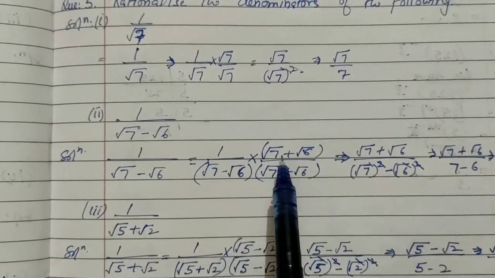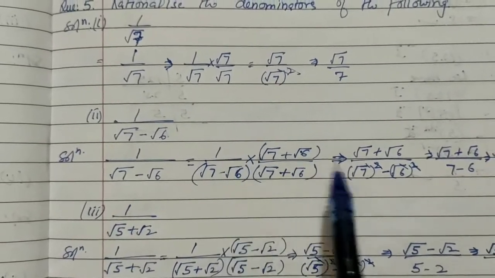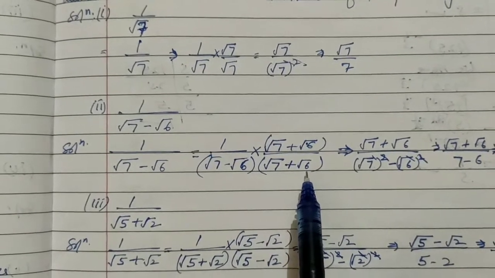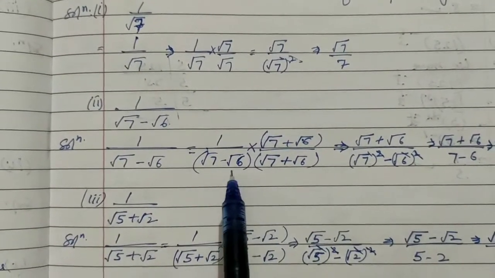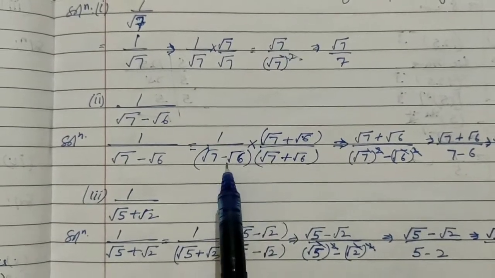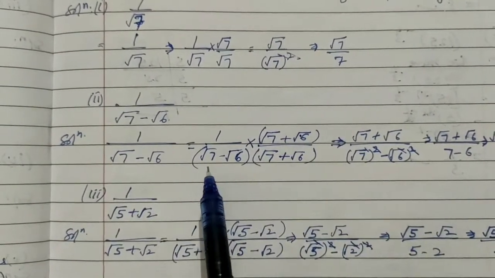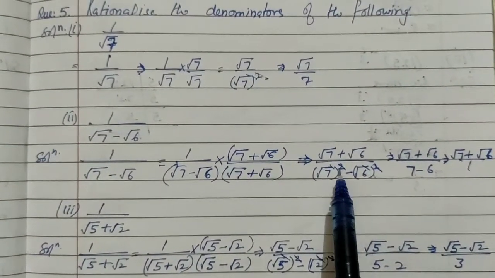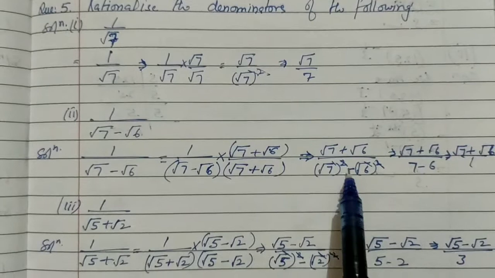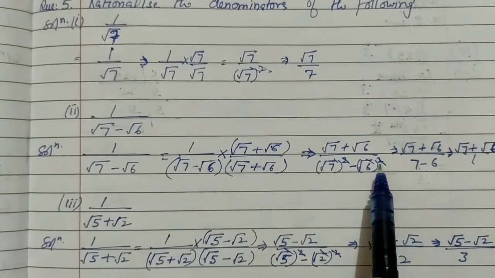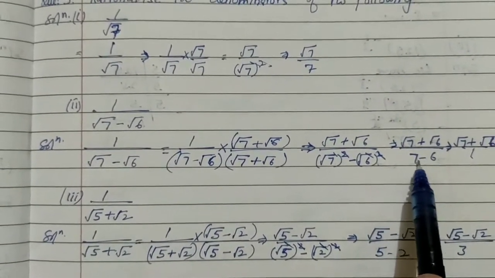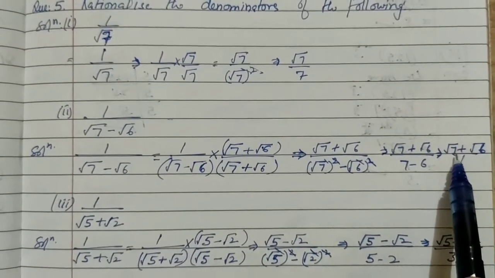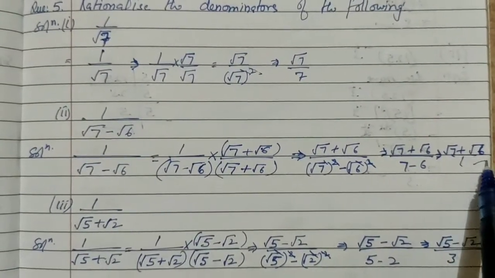So this will become √7 plus √6 become √7 plus √6, and here √7 minus √6 into √7 plus √6 will be a square minus b square. Here you can see these two terms are like terms with opposite signs, so we can use the property a minus b and a plus b, and this will be a square minus b square. So √7 square, this square root and square will be cancelled, and here you can see square root and square will be cancelled, so we will have 7 minus 6, and 7 minus 6 will become 1. So in the denominator part we have 1, and the numerator part we have √7 plus √6. This is the required result.